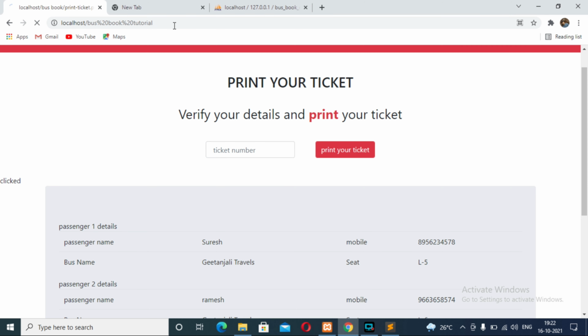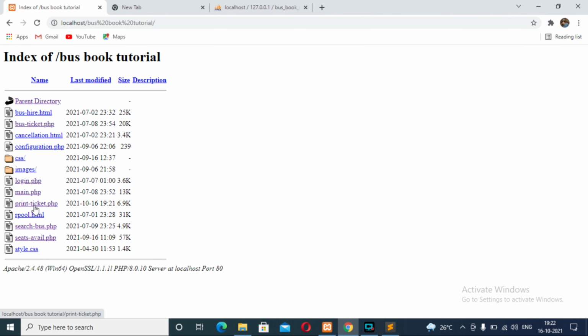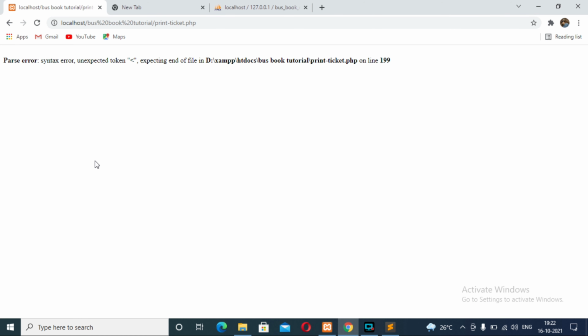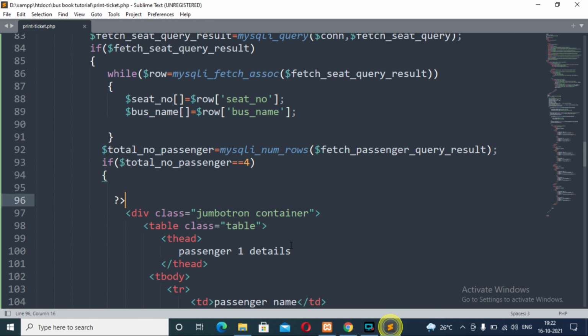Localhost, passbook tutorial, then ticket.php. Okay, there is an error coming on line number 199. Let me check.